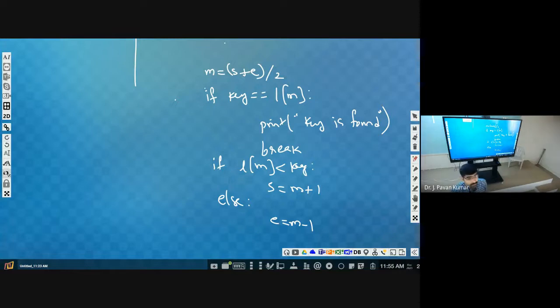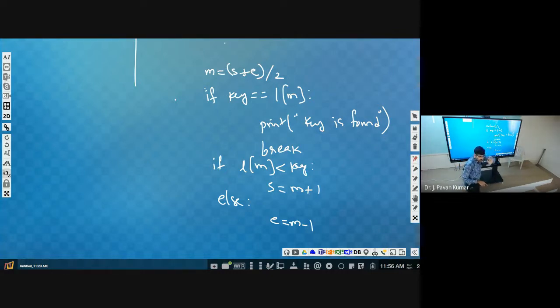Now, I told you, whenever start and end cross each other, then we have to stop. So how can we check that? Anyway, we are comparing, right? Let us assume start and end are equal, what will be the mid? Mid will be the same. Now key is equal to L of mid.